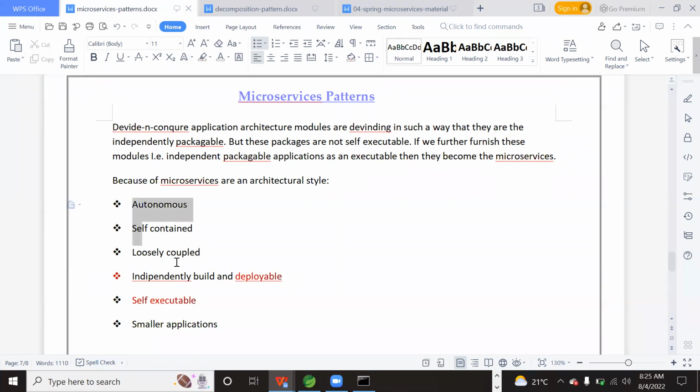These are the microservices characteristics: autonomous, self-contained, loosely coupled, independently deployable, and self-executable. Smaller applications are called microservices.